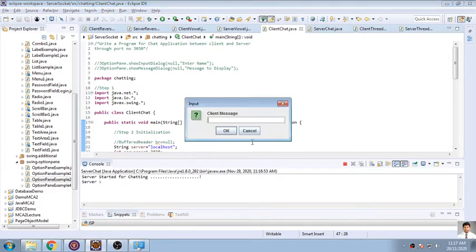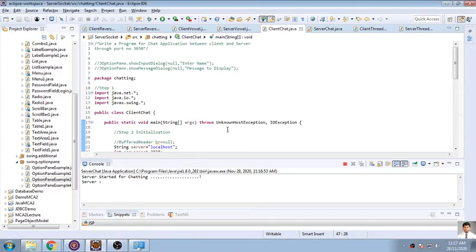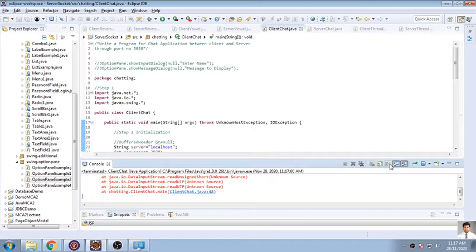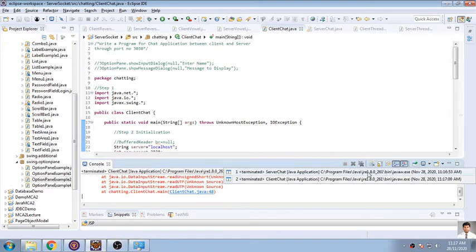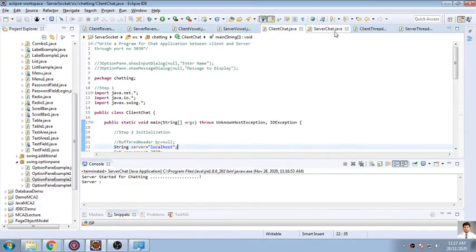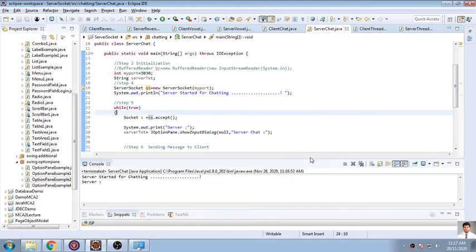It should open a window. Yes, it is. I'm sending hi. So actually this will happen only when there are two different types of consoles. So this will not work out here. Let it be. So it is getting terminated. Some problem is there with this. I will check the code and then go for the execution later.